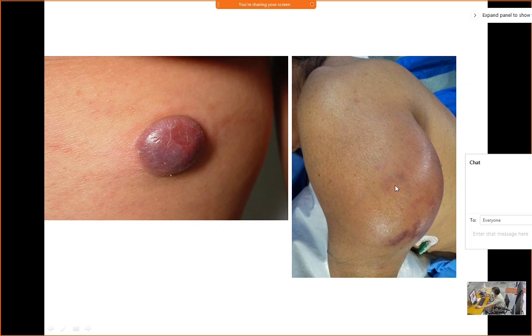Looking at this, one look, you will think it is a malignant soft tissue tumor, or it could be a bone tumor. To differentiate that, we can do an X-ray to see whether the underlying bone is normal. So that is the first thing. When you get such a case in the OPD, you have a huge mass here in the upper humerus, and you are the one seeing the case.